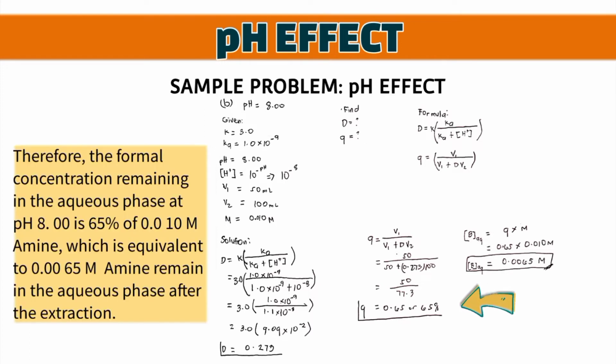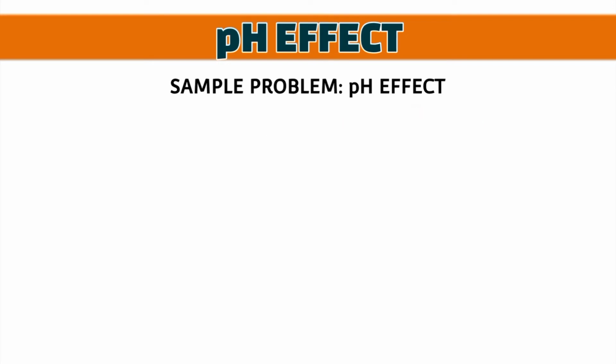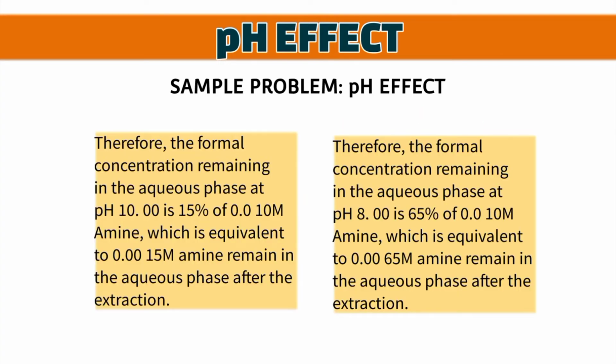0.65. Therefore, the fraction remaining in the aqueous phase at pH 8 is 65% of 0.010 moles of amine. It is equivalent to 0.0065 moles of amine remaining in the aqueous phase after the extraction. So, based on the results, we can conclude that to extract a base with high efficiency, we must increase the pH